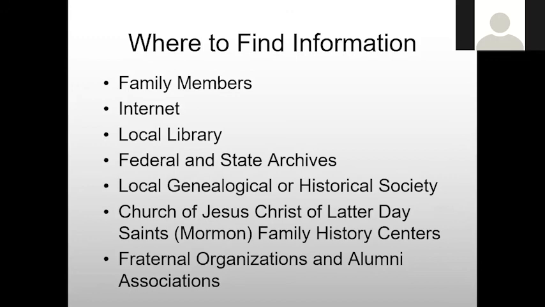The federal and state archives. The federal archives have gone for the most part to using Ancestry.com, but know that each one of the archives holds specific records. For example, the one in Fort Worth, Texas has the Dawes rolls, which are Indian rolls. The one in Georgia contains the World War I draft registration cards. There's one here in Denver. So they each contain the original source data for a particular